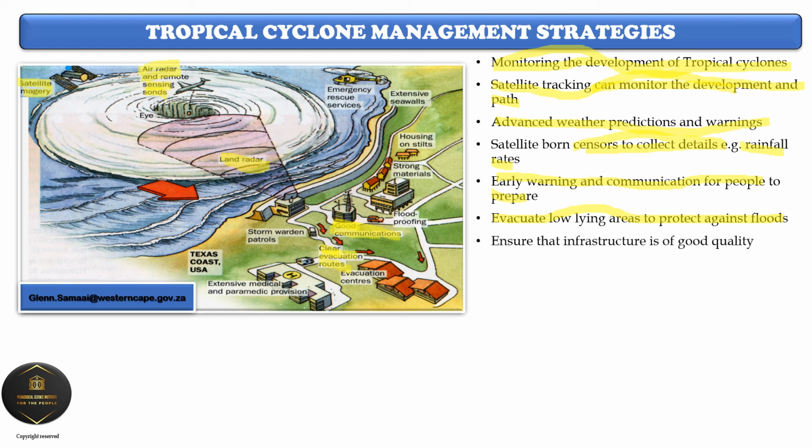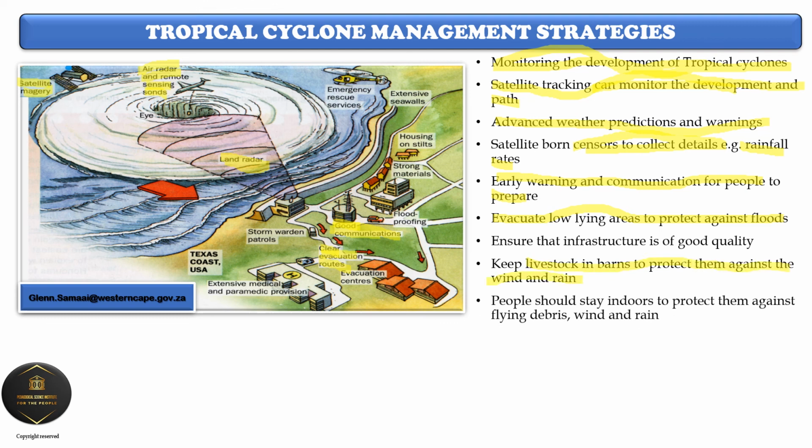We also need to ensure that infrastructure is of good quality. So stronger buildings need to be built and put in place, especially in flood-prone areas. They need to have good building quality so that they survive the storms if they occur frequently over there. Again, livestock needs to be kept in barns to protect them against the wind and rainfall, right? People should stay indoors. It's not safe outside, so people should stay indoors to protect themselves against the flying debris,